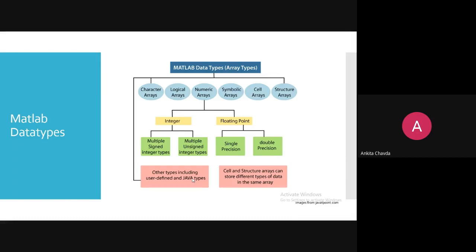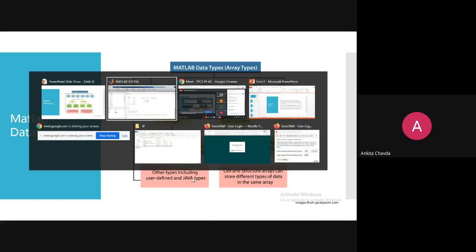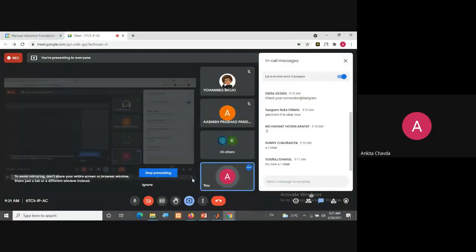This array also and all, or not? Is it a user defined data type, or a primitive or non-primitive? Yes, non-primitive.